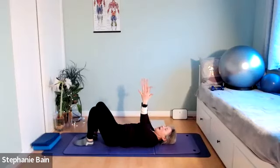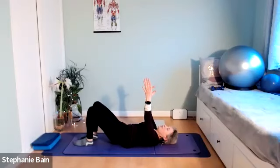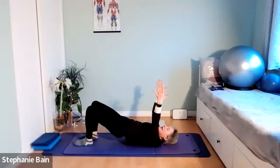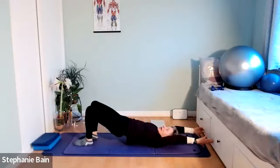So arms up, palms facing in. Tip your pelvis, press through your heels, rolling up one bone at a time to a comfortable level below your shoulder blades. Now, lead with your thumbs and take your thumbs overhead onto the floor. Lift up a little bit more with your hips. Breathe in. As you exhale,